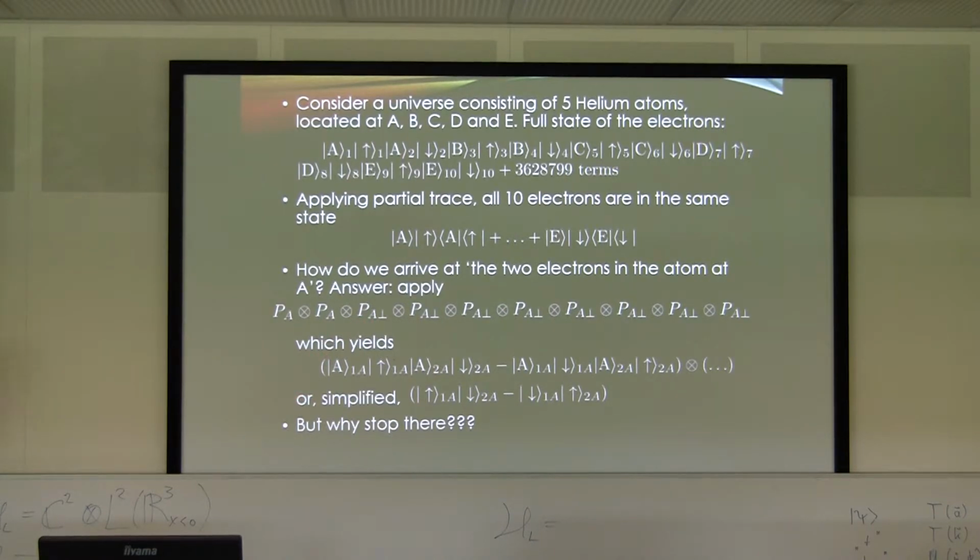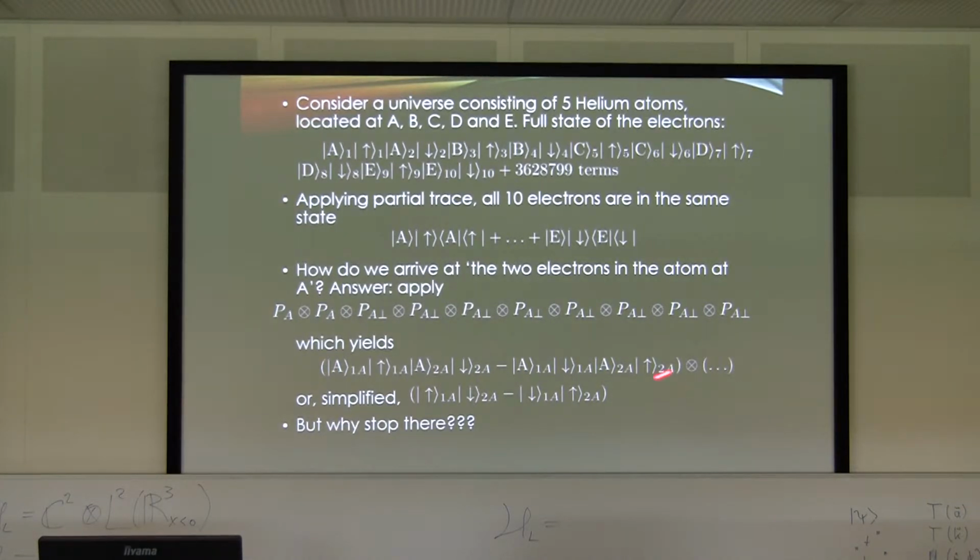And again, we can go to these smaller Hilbert spaces. So I've already incorporated this into the labels, which I've already done here. So we get more than 2 terms, but the important point is that you can write the state like this. This is a 2 electron state for the 2 electrons in the A atom in the ground state. And then we have here many other terms with wave packets at B, C, D, and E.